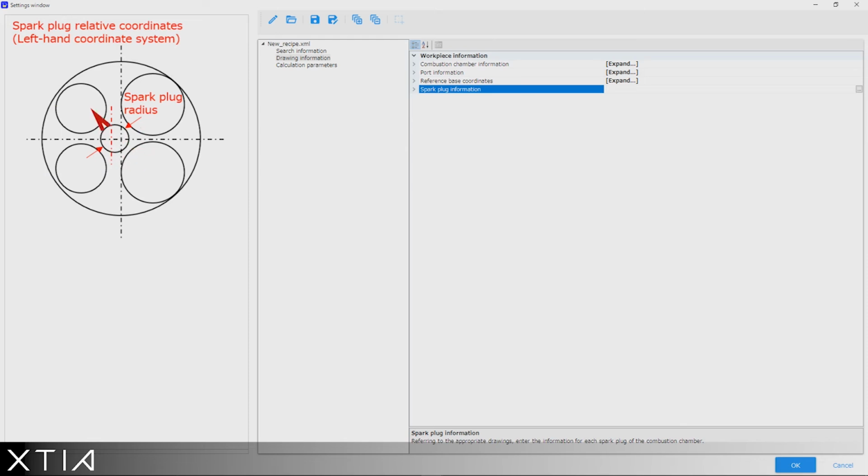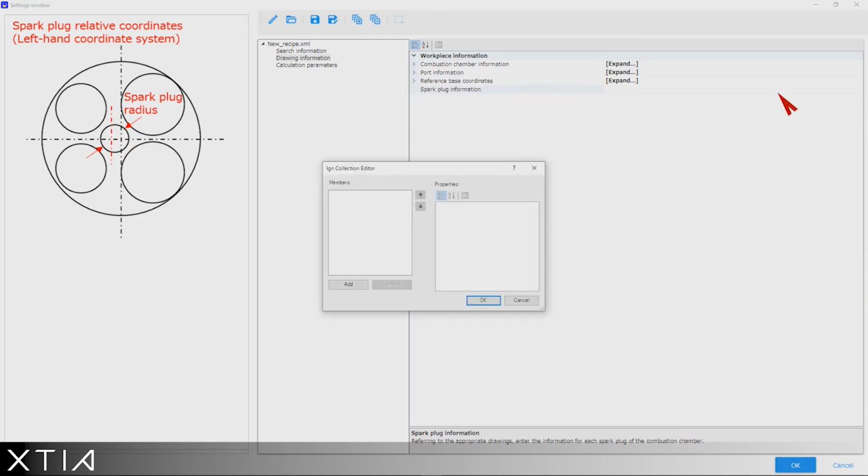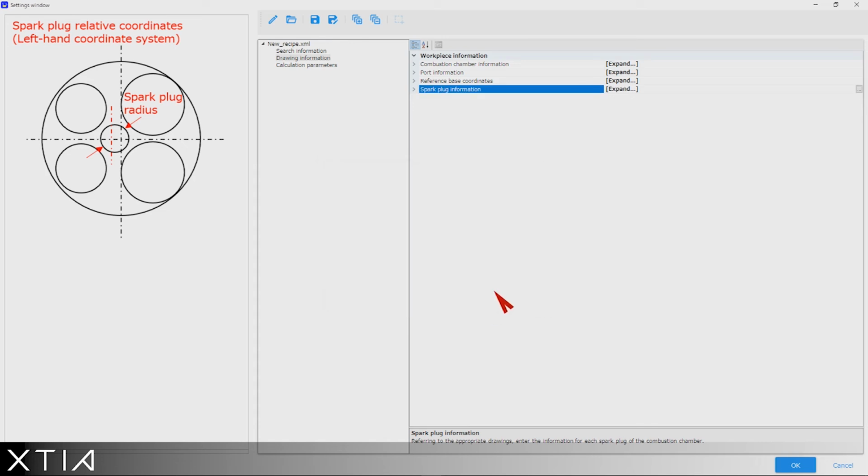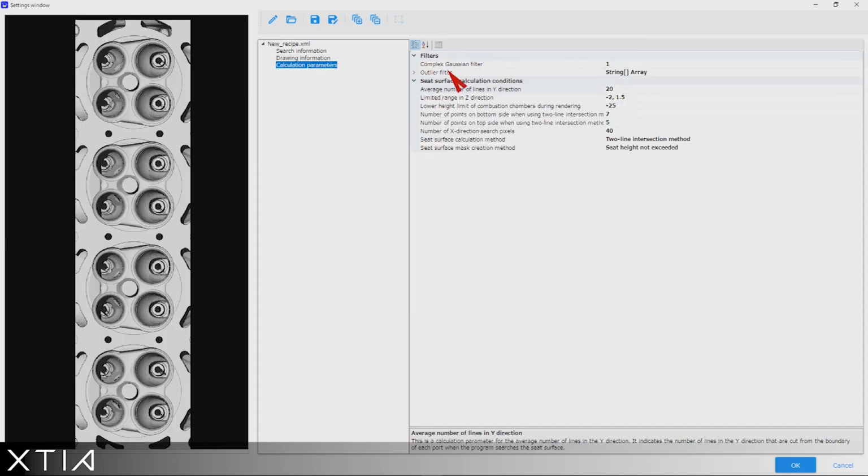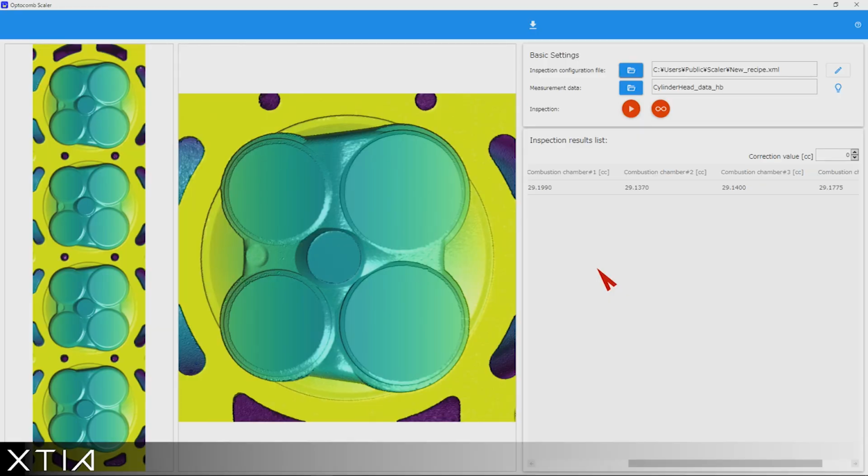Finally, we need to do the same thing for the spark plug and input its radius as well as its position with respect to the center of the combustion chamber. Radius, okay. And we're almost done. In the last section, there are additional data processing and calculation parameters that we can fill in, but we can mostly leave the default values. The only parameter I would like to modify here are the lower and upper limits of the cylinder top surface. And that's it. We save the recipe and we are ready to run it in order to inspect the cylinder